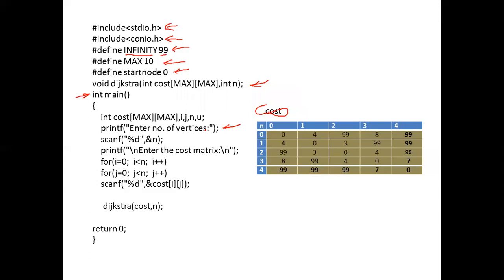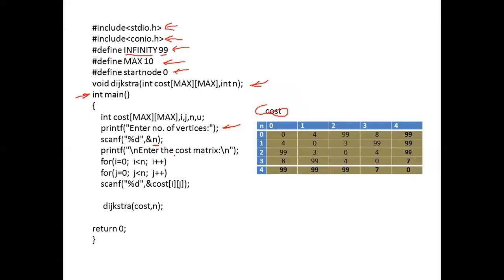So here, what is a graph? Your weighted graph, whether it is a 5-node graph or 6-node graph, 7-node graph. According to that, first the program has to accept the number of vertices. So that number of vertices will be stored in the variable called n. Here in this experiment, because I showed the weighted graph, it is of 5 nodes. So that's why I'm going to enter the n value as 5.